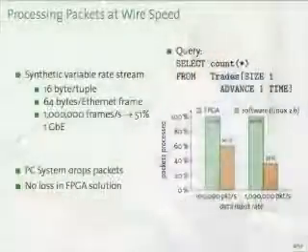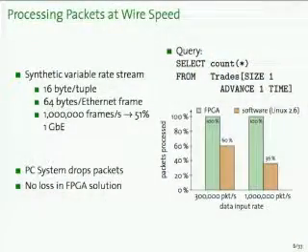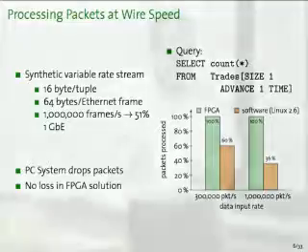So, but this is just to show that there might be a problem out there if one is not really careful. And now the FPGA solution, the data just comes in on the wire. We have the data on the wire directly from the network controller. And what we can do here, we can process the data at wire speed. We can at least receive the data at wire speed.